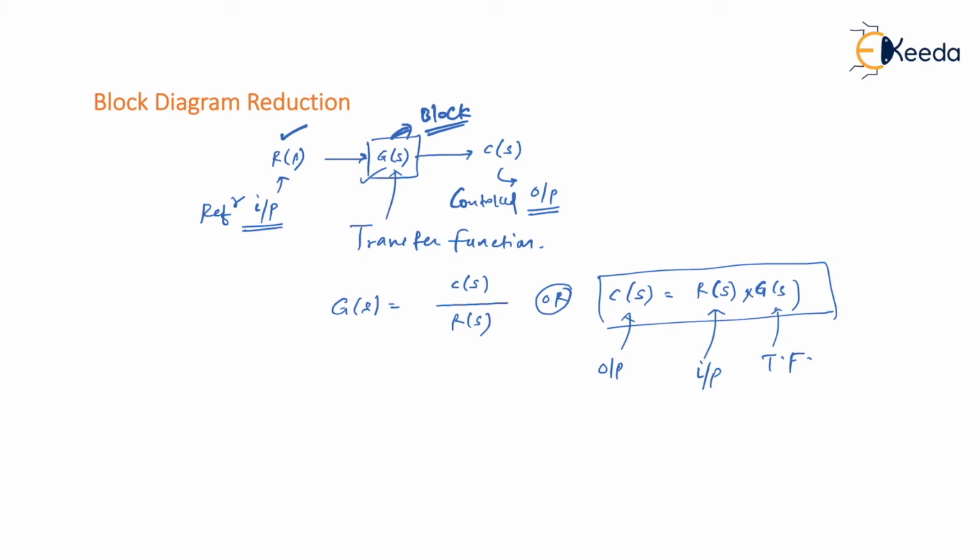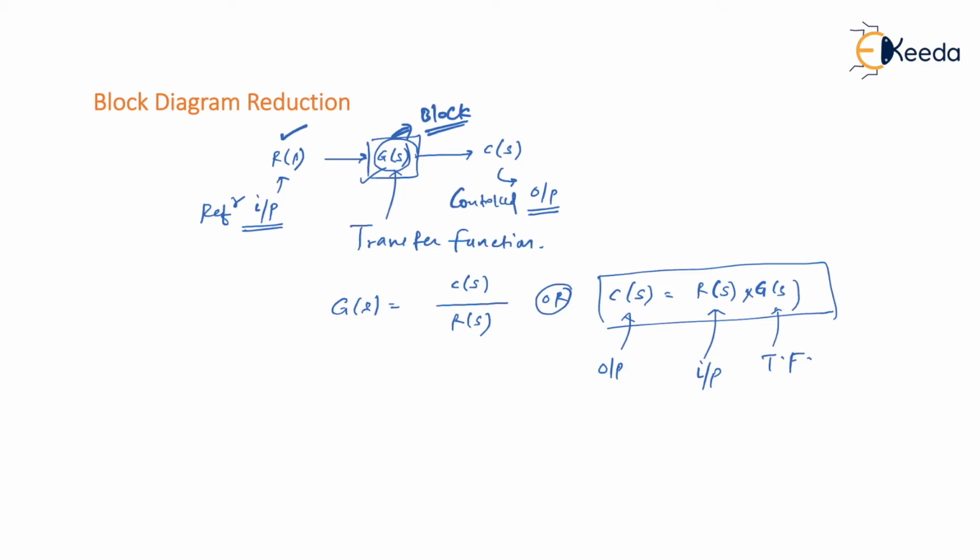But let's have some reality check. In physical reality, we have many systems or many blocks connected in cascade, connected in parallel, and in that case it becomes very difficult to find the overall transfer function. Because for this single block, it is quite visible that it is G(S). But then imagine a block diagram where more than one block is present together. They may be connected in cascade, they may be connected in a parallel fashion, or they may be connected as a forward path or a reverse path transfer function, which is nothing but a feedback connection. There are many more cases that we are going to see.